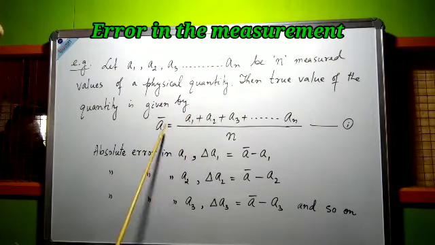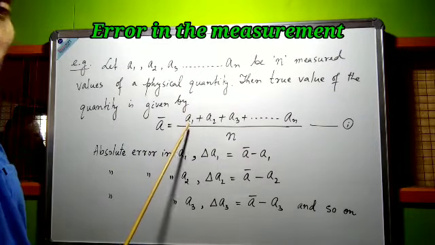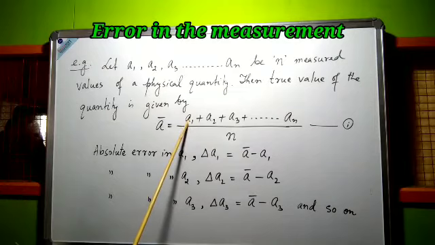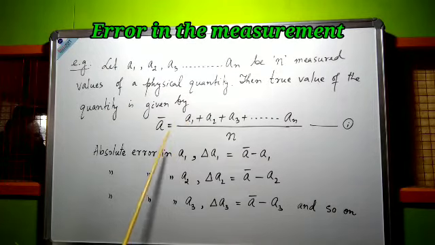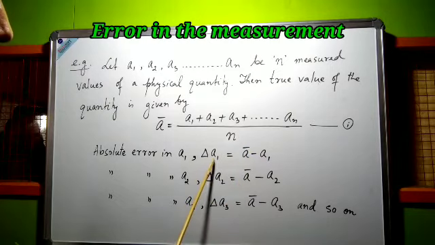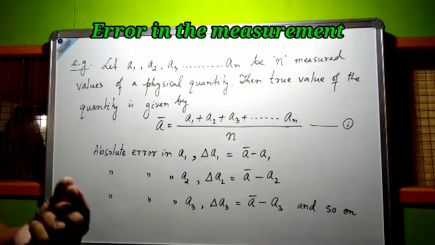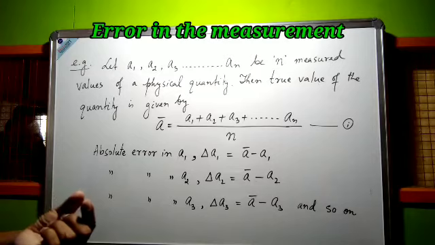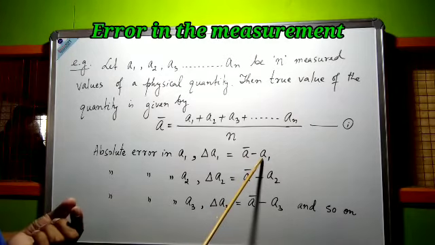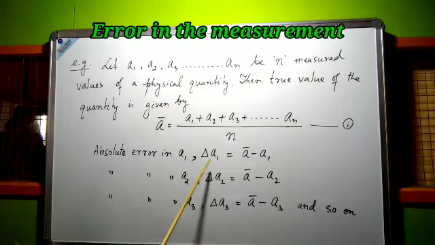When the quantity to be true value, then how to find out absolute error in first measurement A1. And A1 the labor absolute error high tardy difference between true value and measured value, and that is denoted by delta A1. See triangle natia delta ni. This delta represents small quantity. Yam the pick value ni harini. Had true value ga measured value ga ani jigi difference kasuyam shawai. It should be a very small value.